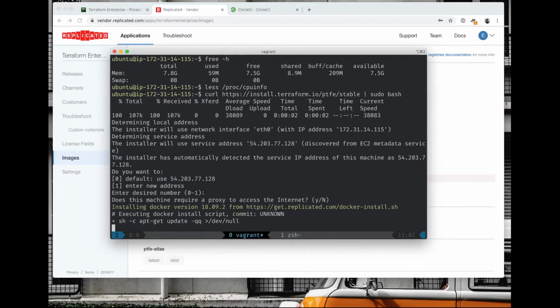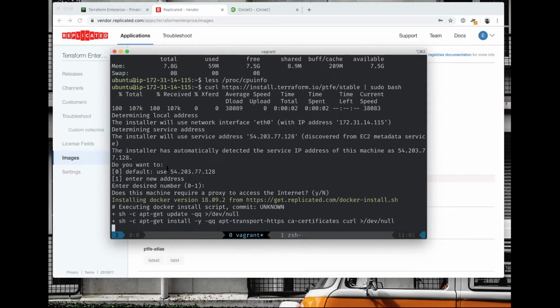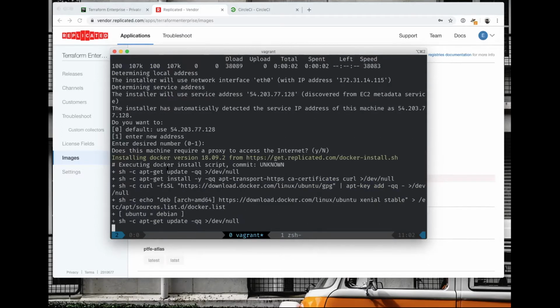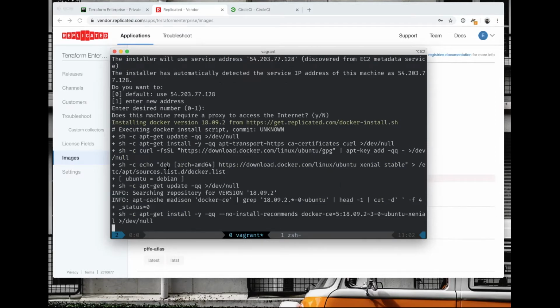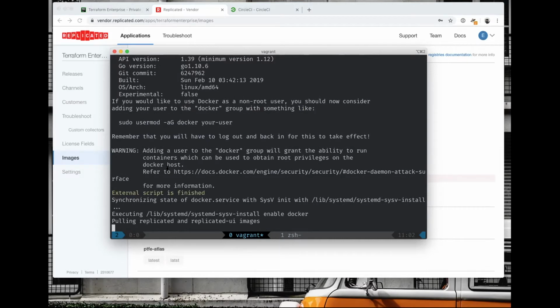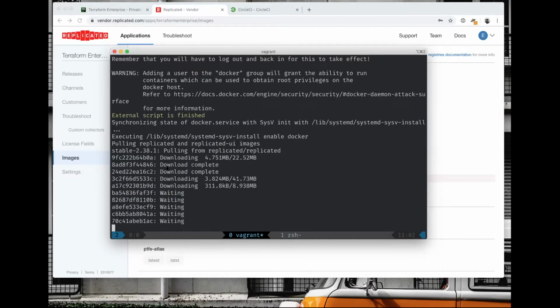Here we're asking for the default address, if there's a proxy that this host needs to reach the internet. Now it's just going to install Docker and replicated and get the base service up and running. In the Kubernetes world, we actually install a bit more: Weave, Rook and Ceph, Contour, raw Kubernetes, and then the replicated containers, and then start to get the app ready. That takes a little while longer. So that's the other advantage of the native demo: it's basically the same UI and the same experience, it just spins up about 3 minutes faster.